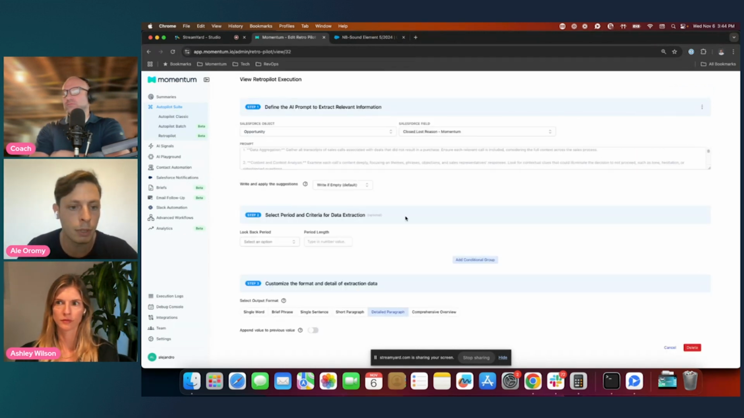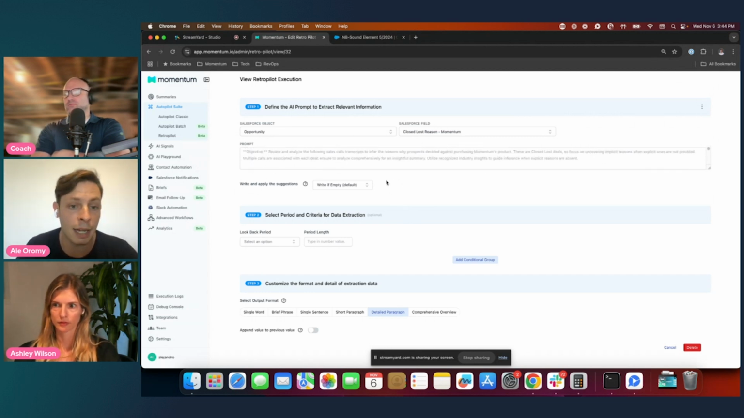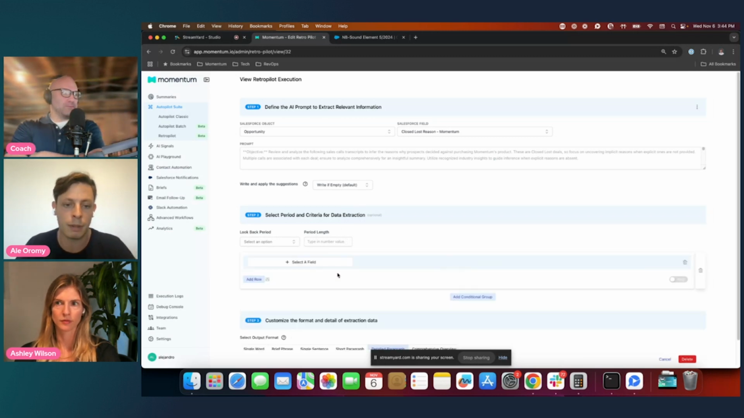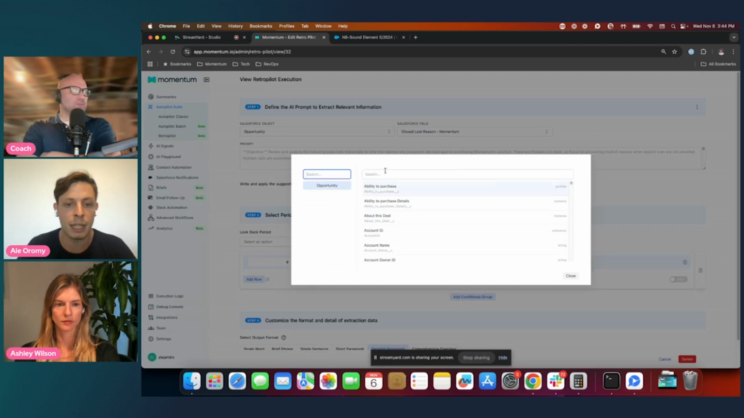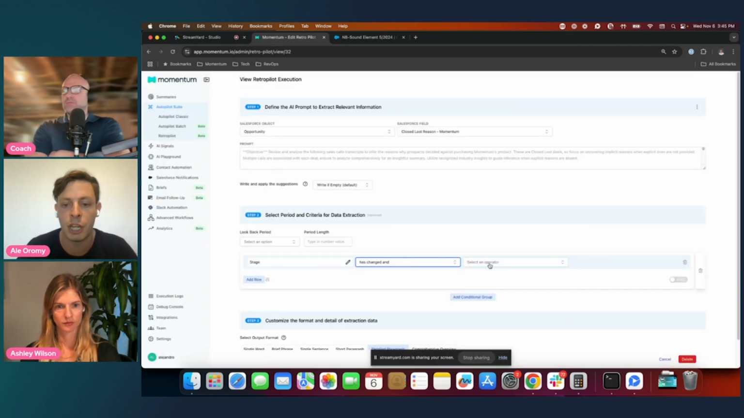I'm gonna hit view. And basically, as you can see here, again, at the beginning, we have the same format. We'll need to pick the field, select the prompt, and how we want to write it back to Salesforce. And then we'll need to define when a condition happens, like in this case, it will be when the stage of the opportunity has changed to